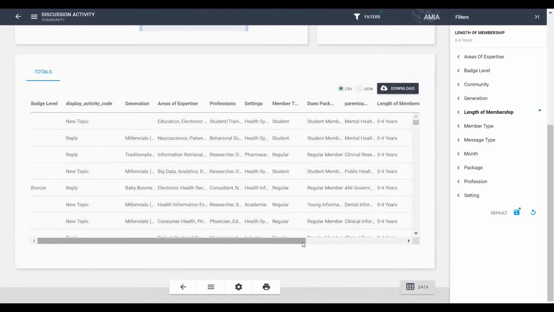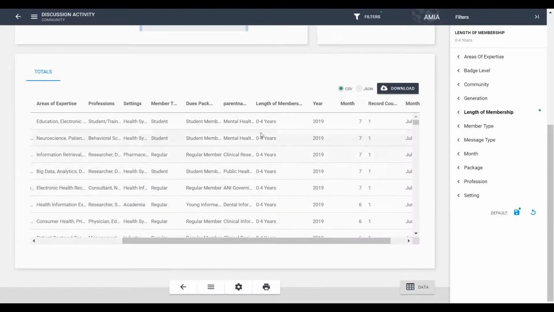that's going to open up the data table where I'm then able to take a look at this column right here. And that's going to show me the exact topic, the exact community, the exact thread that this member posted in. And so by doing a little bit of analysis on what members in 0 to 4 years